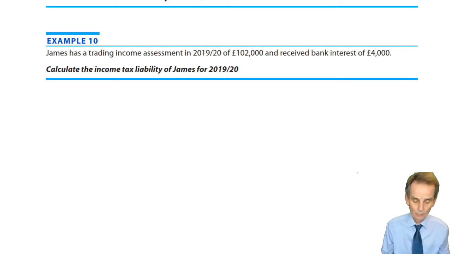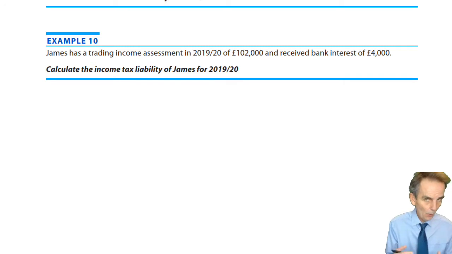Okay, so here's one for you to have a go at. Just a couple of sources of income. Again, what was our approach? What do we have to compute? Income tax liability. It will of course always be for our tax year 19/20 here. Got trading income, non-savings,